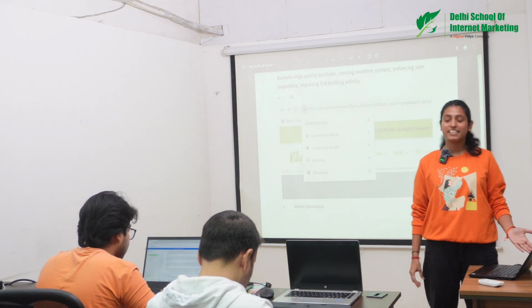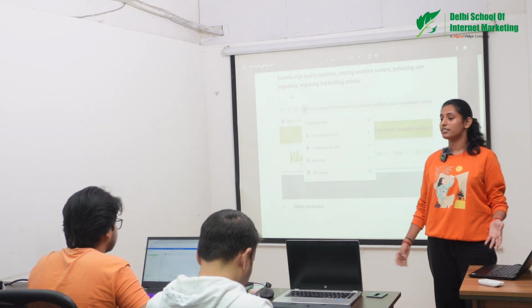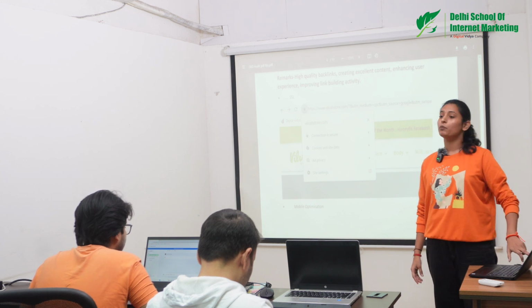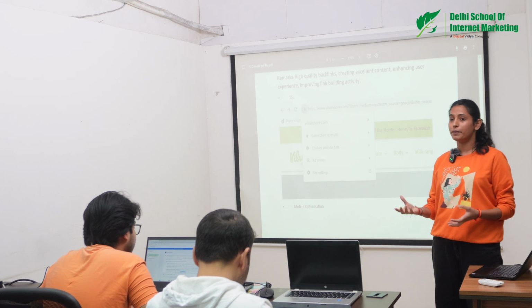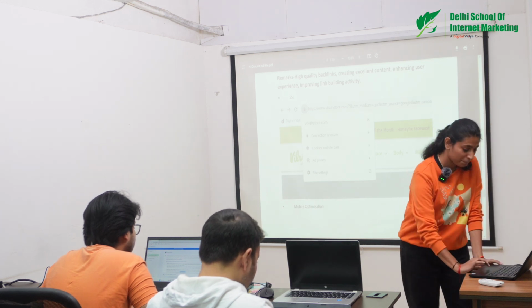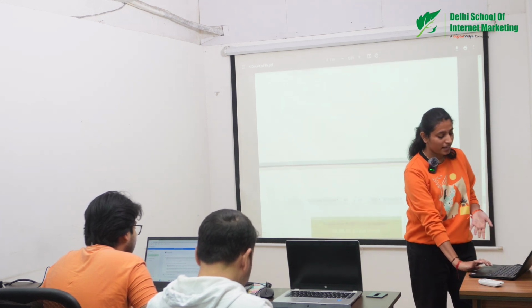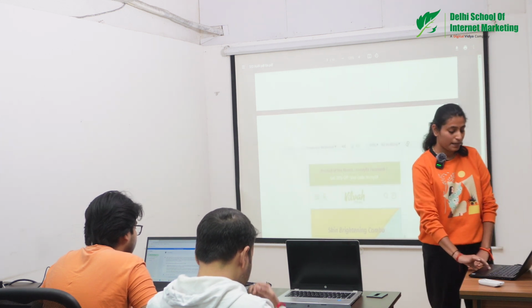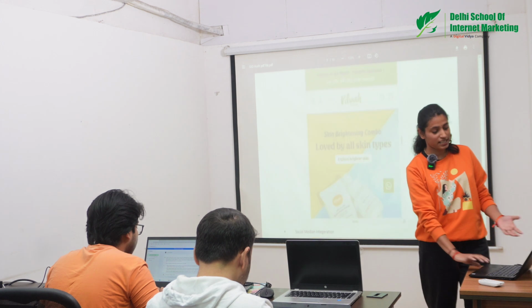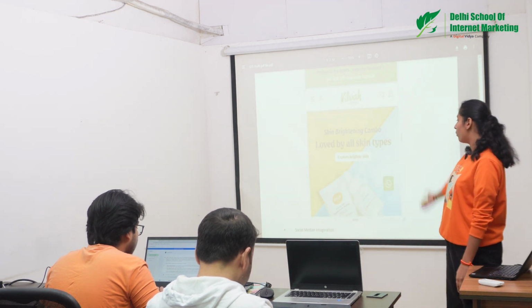SSL certificate is a security certificate which every website needs. It will encrypt and secure data, so your data will not be breached by anybody. Mobile optimization is how well your website performs on mobile. This is how their website looks on a mobile.